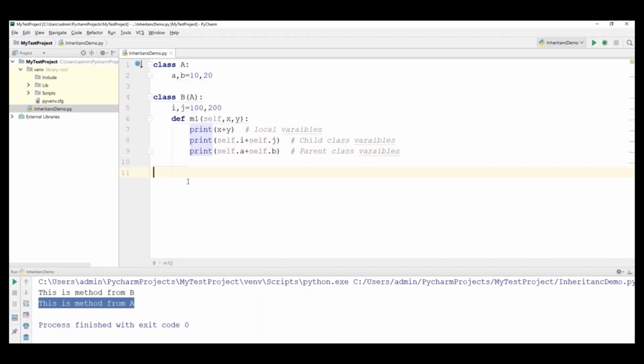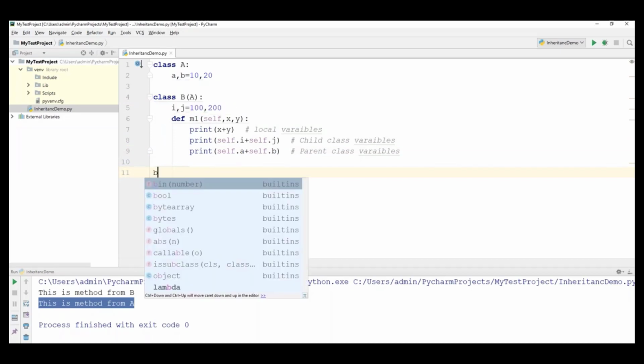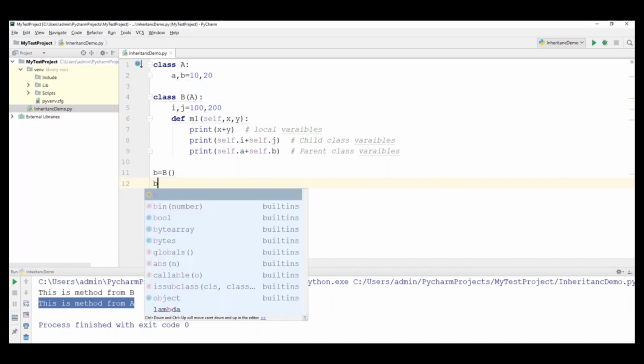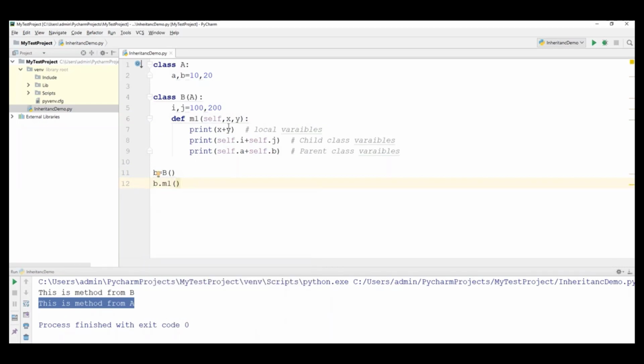Now we need to create an object of class B. So let me create small b is equal to uppercase B. This is the object. Now how to invoke the m1 method? Reference variable dot m1. Here we need to pass two parameters, so I will pass 1 comma 2. Now let's see what output we get.